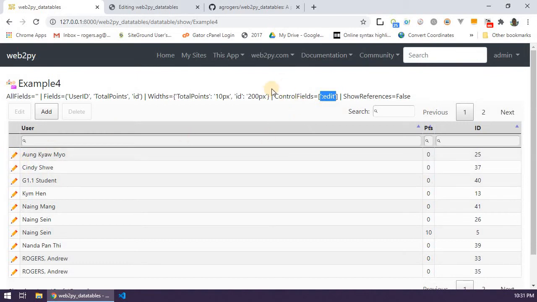So there's a few things. It's a little bit messy, actually. It probably should be done better than that. But if you don't want to show that child row and get rid of the drop down, then control fields, turn the edit off, and don't show references. And make certain that you don't show the all fields, because what will happen is it will automatically push them into the child field section. Okay, let's have a look at example